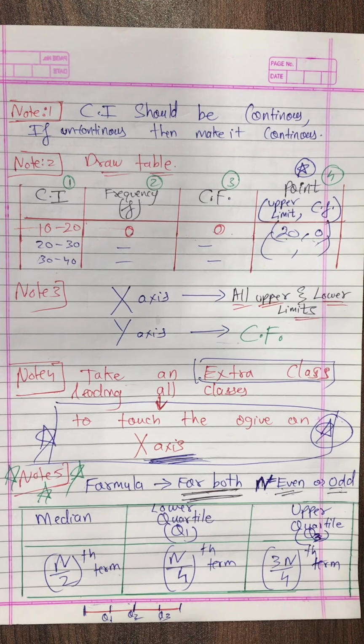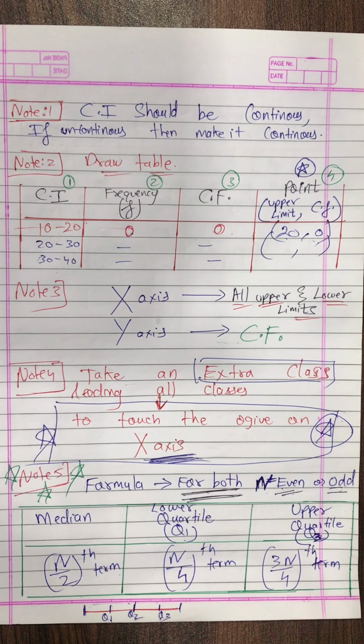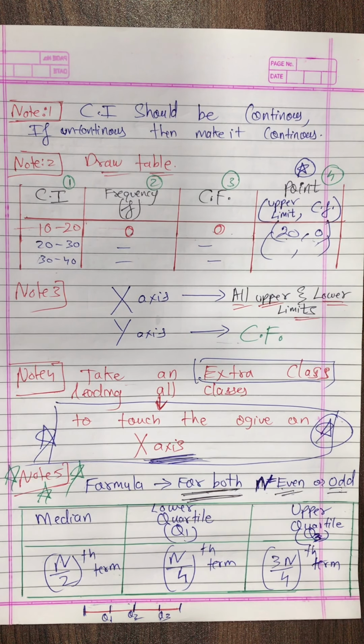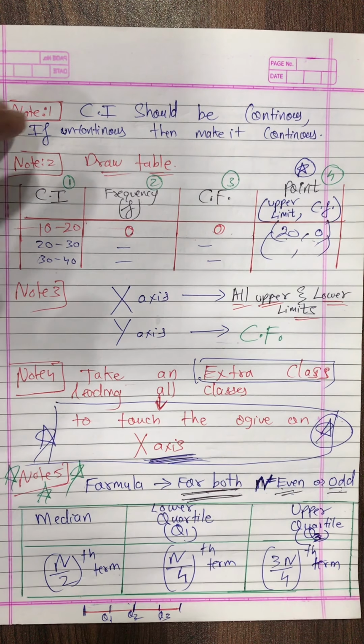Note these are the 5 notes, and not to say that there are many various other things by which you lose your marks, 1 mark gets reduced. So those things I will show you when we'll draw the graph. For example, if you don't write scale, you'll lose your marks. If you don't write the name of the axis, how to write it, that I'll show you, you'll lose your marks. If you don't draw arrows on x-axis and y-axis, you'll lose your marks. So that we'll do in detail when we'll do the sum. Okay, that's it students. Now please all of you do it very carefully, write each and everything how I have written.